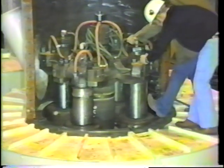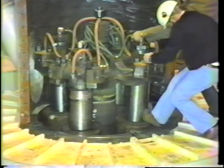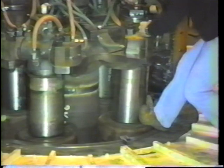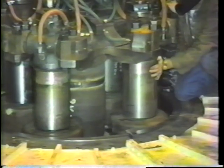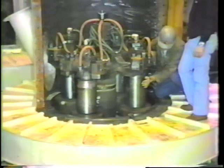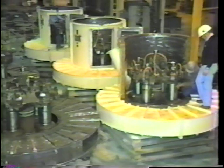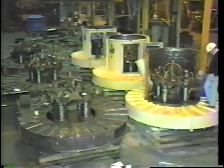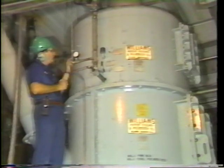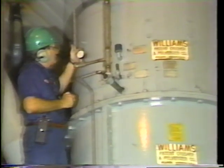Okay, show me how that thing rotates. We're reading on this, currently on this gauge here, about 13 and a